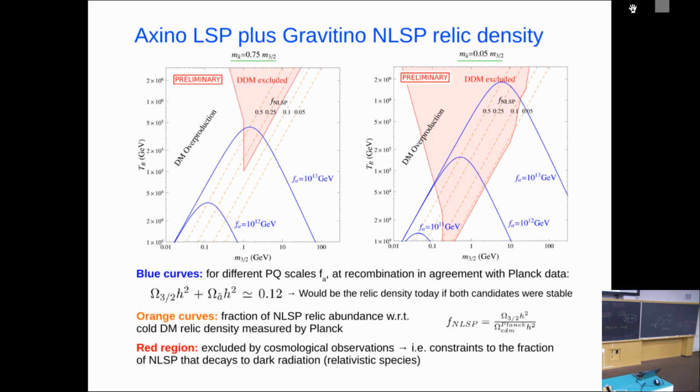And then you can have this combined signal. Of course, you need to have the correct relic density, and you cannot be excluded. The axino and the gravitino must decay to photon, but not too much. There are two possibilities here. One is that the axino is the LSP and the gravitino is the next LSP. The gravitino is decaying to axion and axino, and the axino is the one that is decaying only to photon in this case.